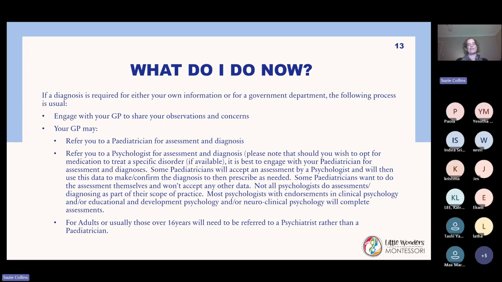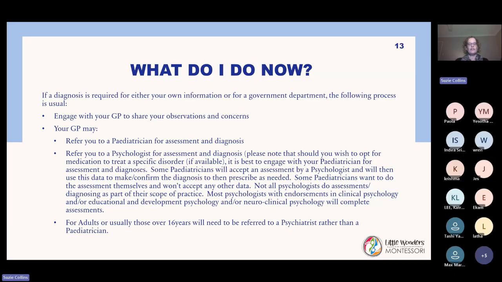What also happens is it's usually a good 6 to 12 months to get into a paediatrician. So I can jump in and collect all of that data and have everything ready, so that when the patient turns up to the paediatrician for the appointment, all of that data and information is there, and the paediatrician can have a look at it. But every paediatrician works differently, so make sure you check in with yours to see what the best way is for that to happen.